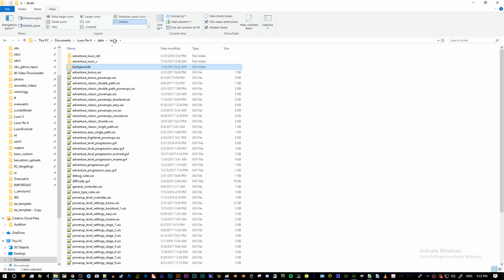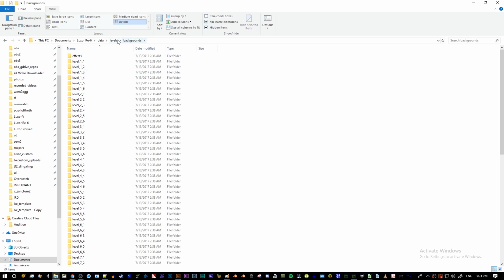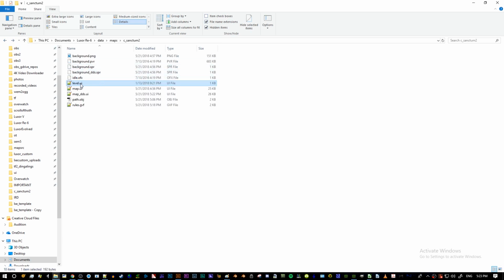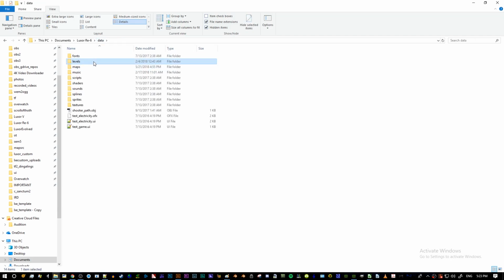This file defines the stars. So I'm going to copy this from background to maps just because it is a little bit tidier and more systematic. So it's right here, I'm just copying it right here. And then we're going to create the level file itself, which is in data, levels,